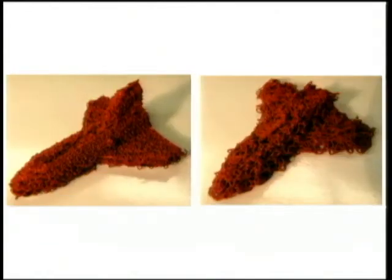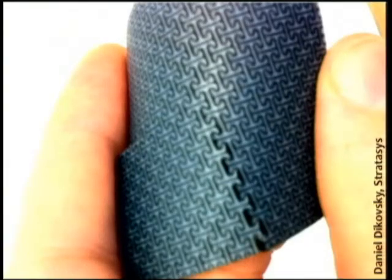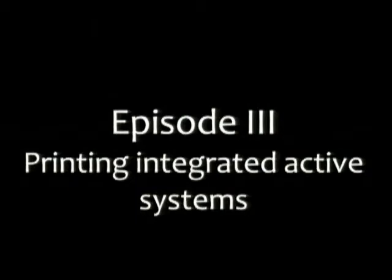You can sort of print foamy materials in lots of different ways. This is a sort of two-dimensional zipper, a material that can come apart and be reassembled in different ways. The last episode is moving from printing passive parts, like all the things I'm showing you here, to printing integrated systems. So from printing parts that just sit there to printing sensors and actuators and